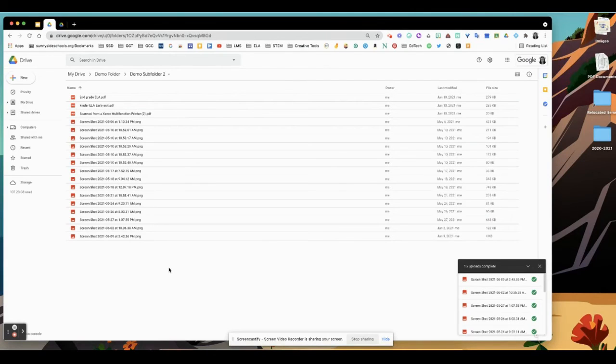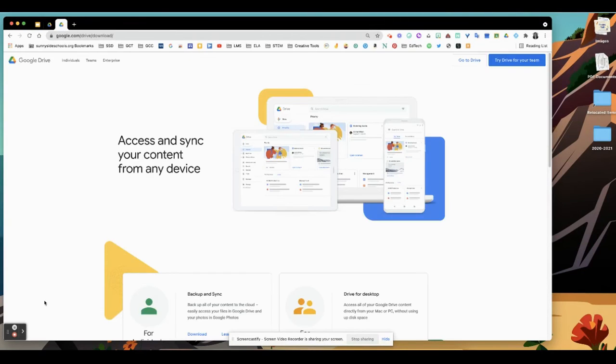Another way to back up files into Drive is to use Google Backup and Sync. This application allows you to back up and sync all of your files with your MacBook and your Drive. This is handy because all those files that you're going to download will automatically be stored for you in your Drive, and you won't have to drag and drop or upload anything. This application allows you to customize what you want to sync to Google Drive from Google Drive and lots of other settings. To download, you can go to